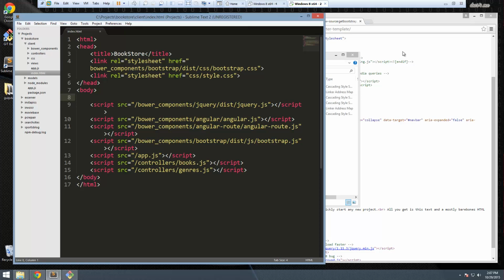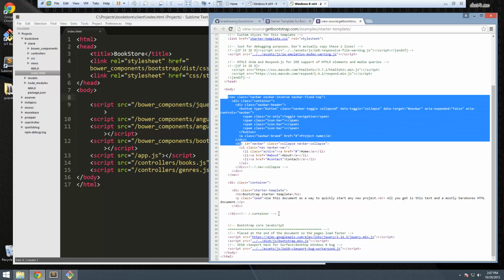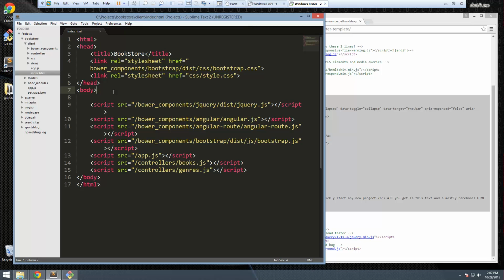Let's grab that nav bar. All right. So I'm going to grab everything from this beginning nav bar down to this ending container div. All right. So I'm going to copy that. Let me turn that down. All right, so we're going to paste this in,